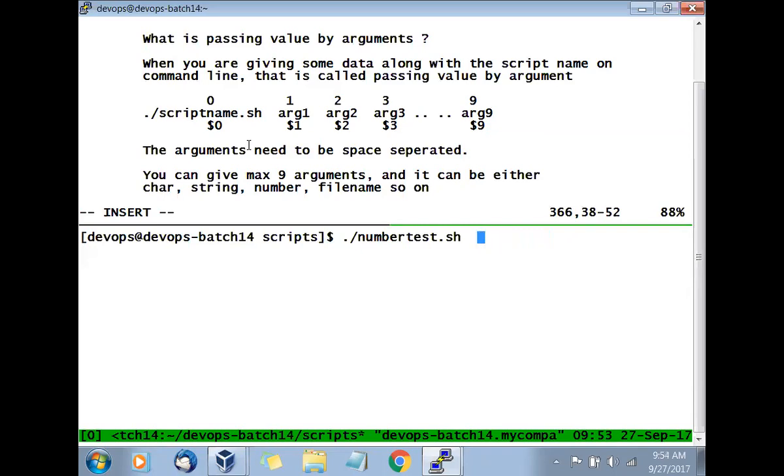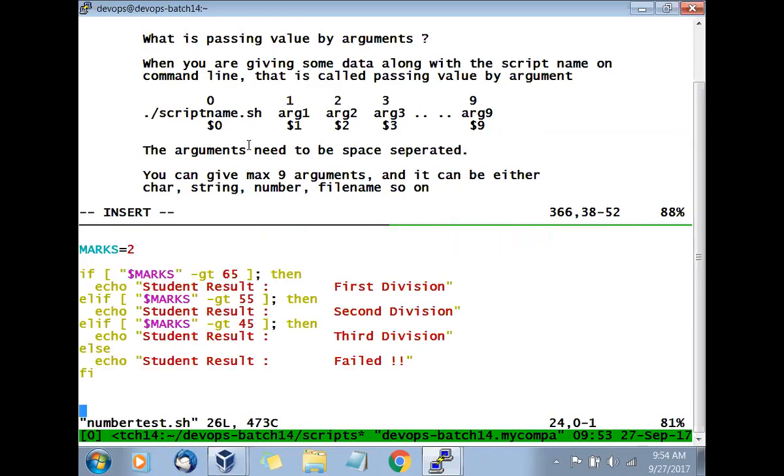So let's open the script and write it. Now instead of marks equal to 2, I will say, hey, remove that, and I will say $1. So whatever is given at the first position, it will automatically be assigned to the marks variable.